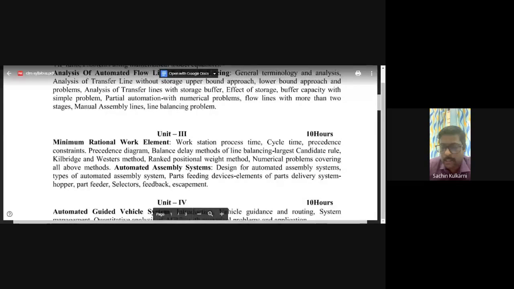Next comes your availability. In that availability, whatever the resources are there, according to that, you are calculating the availability using your production rate, production capacity, and utilization. So you are calculating that particular time. And then you'll find some simple problems in this chapter in unit 1. With mathematical equations, you have to solve those problems.